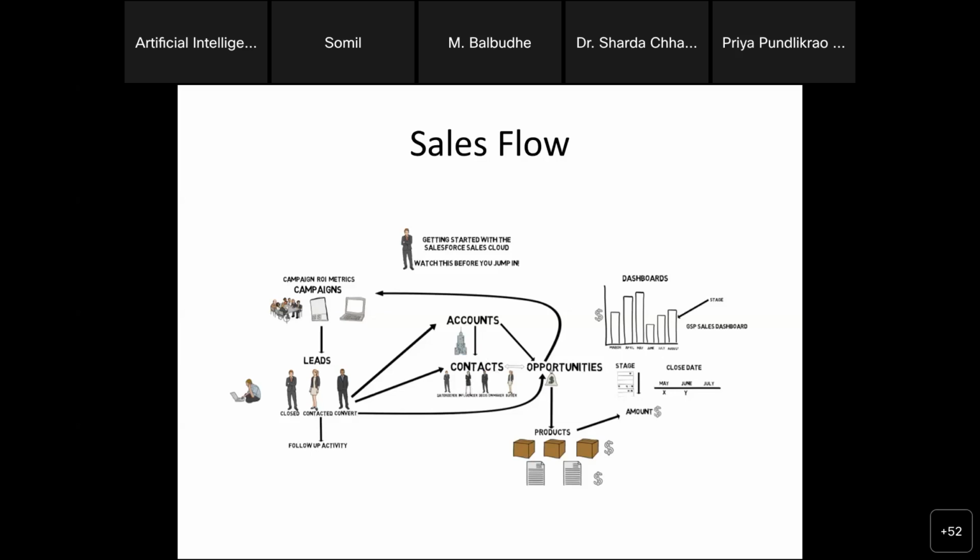एक कस्टमर ने वो कैंपेन देखा एंड ही सेड ओके आई एम इंटरेस्टेड इन गेटिंग अ होम लोन. सो दैट पर्सन इज नॉट B2B फॉर यू, दैट पर्सन इज B2C फॉर यू. सो आप डायरेक्टली एक कॉन्टैक्ट बनाओगे एंड डायरेक्टली उसकी एक अपॉर्चुनिटी बनेगी. अपॉर्चुनिटी बनने के बाद फिर आप वो लोन को प्रोसेस करोगे, एलिजिबिलिटी देखोगे, कितना लोन उसको आ सकता है, कितना उसका सैलरी है, सब कुछ आप देख के फिर उसको लोन आप प्रोवाइड करोगे. तो दैट वुड बी डन इन अपॉर्चुनिटी. तो जो पूरा प्रोसेस चलेगा लोन लेने तक का, वो अपॉर्चुनिटी में चलेगा, डायरेक्ट फॉर दैट कस्टमर. एंड व्हेन अपॉर्चुनिटी इज क्लोज, when opportunity is closed, that product is sold out. So that is called B2C.